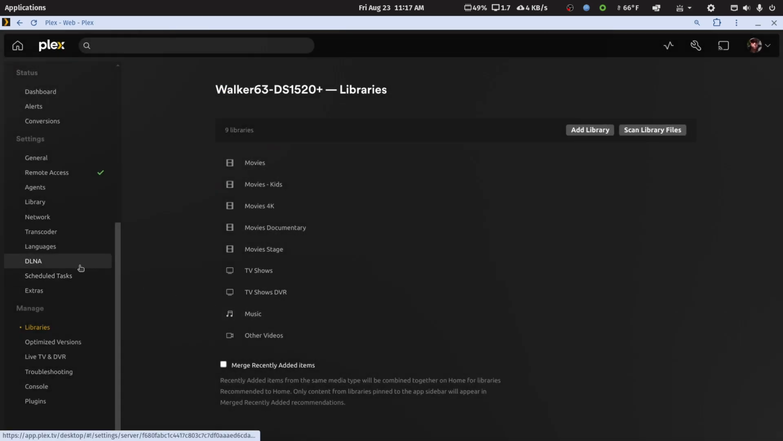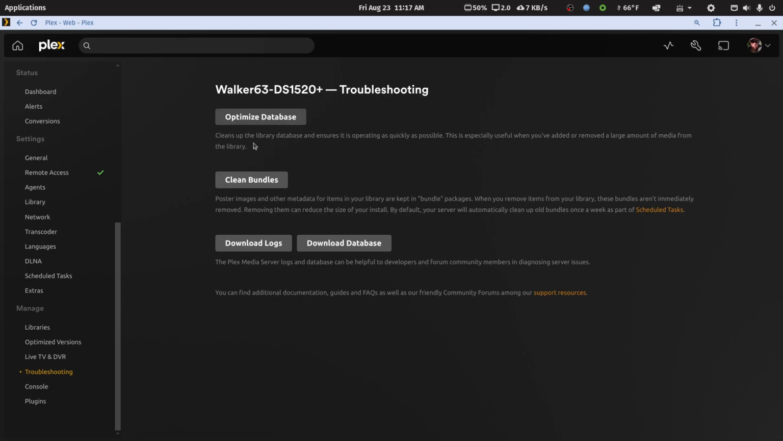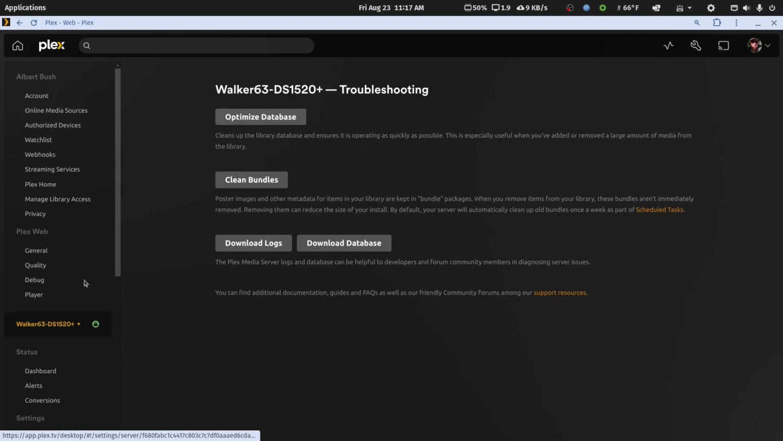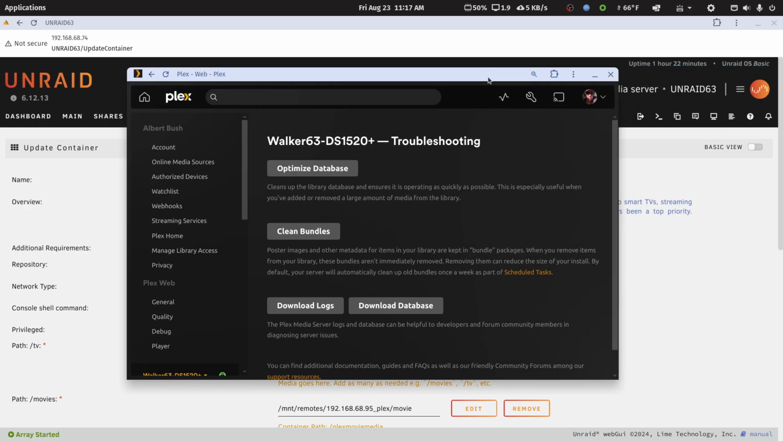So whenever someone's transplanting a server, they should turn off all automatic or timed library settings, save the changes, and maybe do some maintenance, go into troubleshooting, optimize database, clean bundles, empty the trash manually for the libraries, and then shut the server down. Then you can transplant it to wherever you want, and you can start it, and because it's not going to